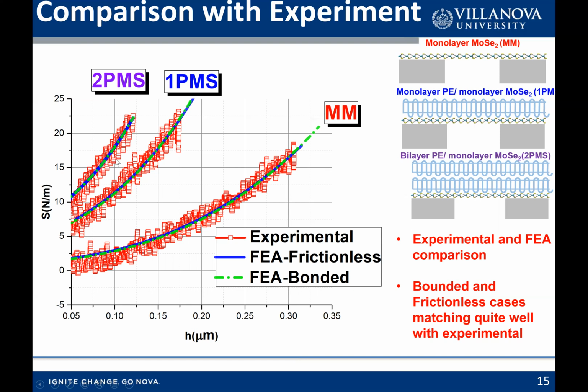like they are following each other in all the three curves, but the parameters used like the modulus and pre-stretch are different. So we have made a conclusion that we are having the modulus value for each of the three layers, like 1PMS and 2PMS, and pre-stretch values, that is different values, and they are at a point matching each other for different values of Young's modulus and pre-stretch value. So like for this case, we are having 265 and 236 gigapascals, two values, that is lower and upper bounds based on whether the condition is frictionless or bonded.